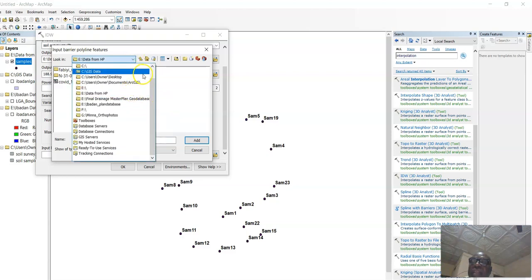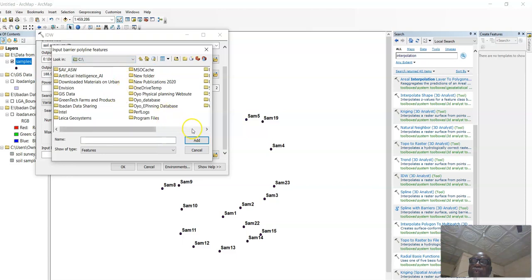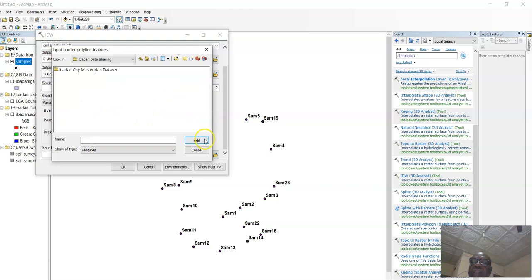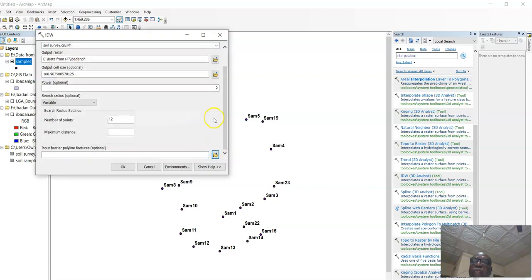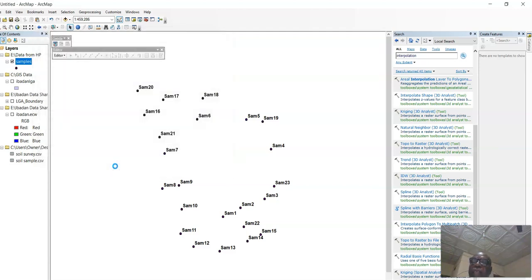If you have an image feature, you can use it as a boundary, but I don't have one for now. So you click OK, and it's going to work and give you the result after some time. It's already here.